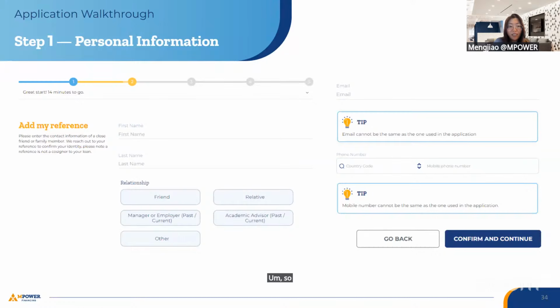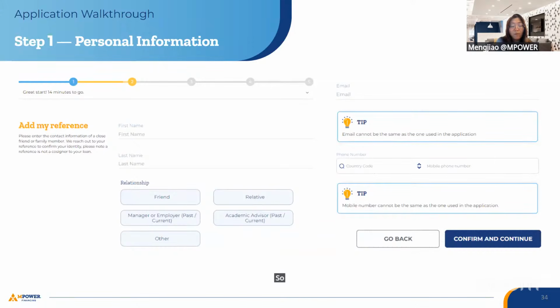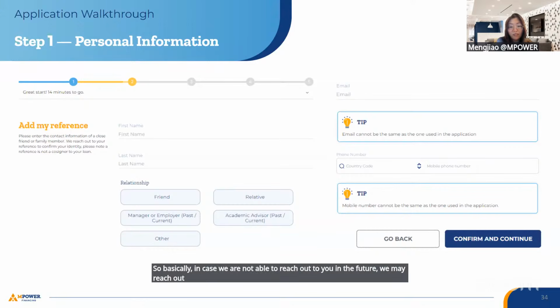So a reference is not someone who referred you to Empower, but instead someone, well, we just need to have your reference information. It can be a close friend or family member. So, well, basically, in case we are not able to reach out to you in the future, we may reach out to your reference.